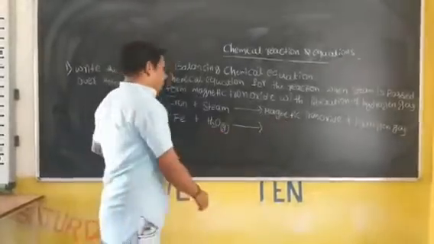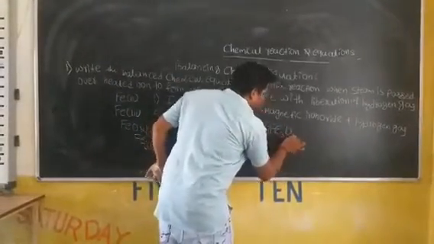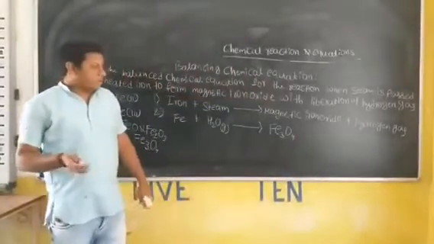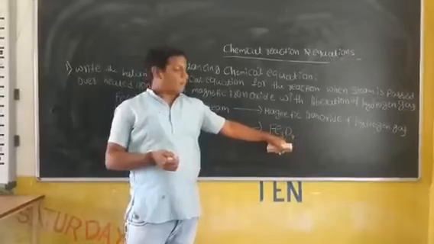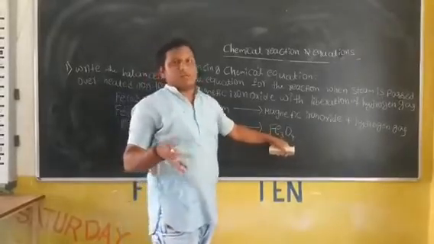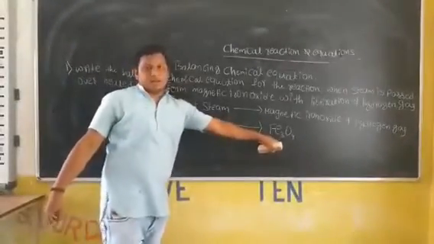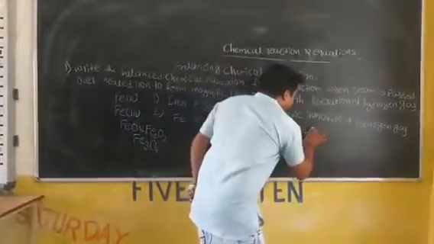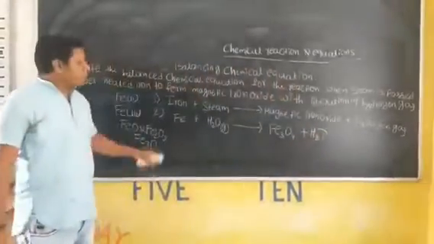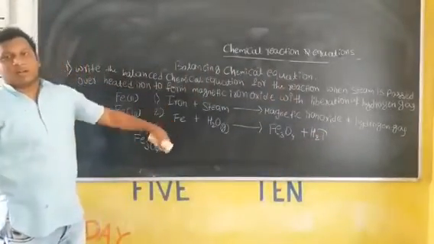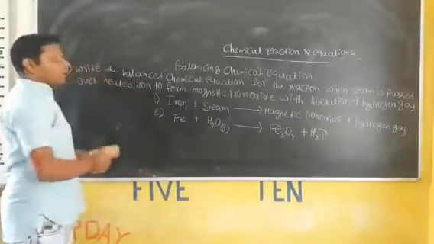Hence you should write magnetic iron oxide as Fe3O4. Okay. Generally, magnetic iron oxide is not formed on its own, but when you mix these two, it produces magnetic iron oxide with the liberation of hydrogen gas. This is the conversion from word equation to chemical formula. Now our main topic, that is how to balance.